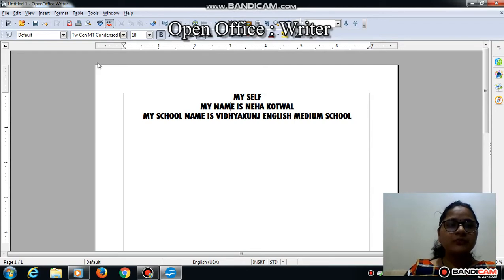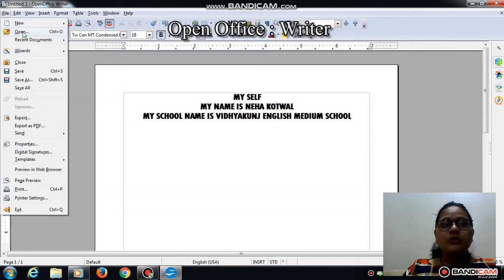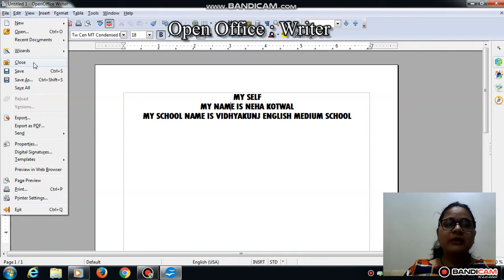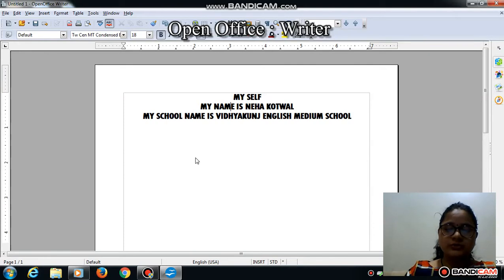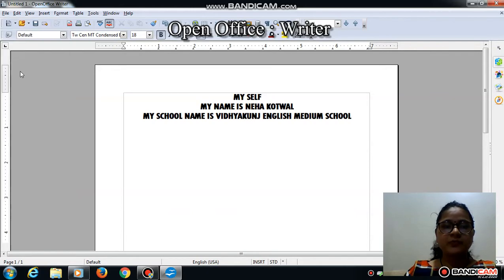Okay. Now the file menu gives various facilities such as opening a new text document or a spreadsheet directly, or closing the document, then the save facility. I want to save this document, so just go to the file menu and save this file.